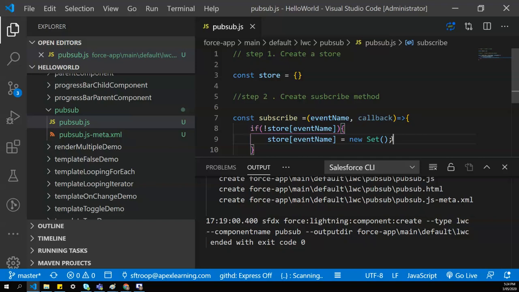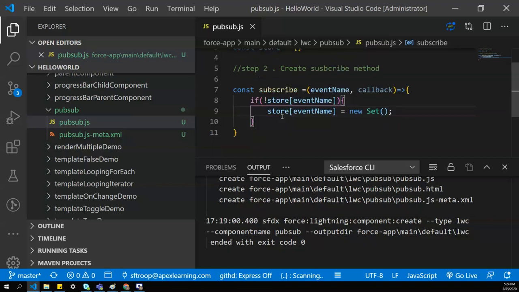You can iterate through the elements of a Set in insertion order. So basically it allows you to store unique values, and we are checking whether this event is not present in the store, create the property in that object with the event name, initialize it with the new Set, and